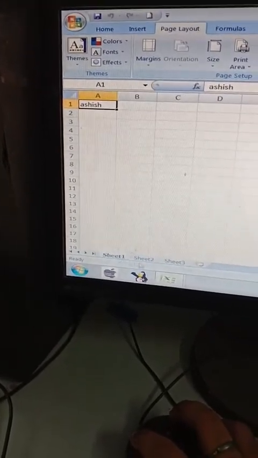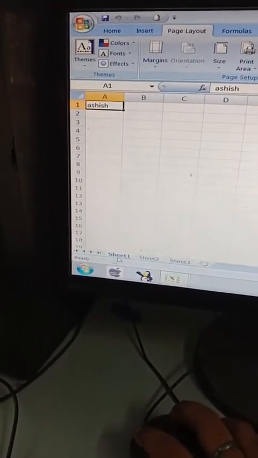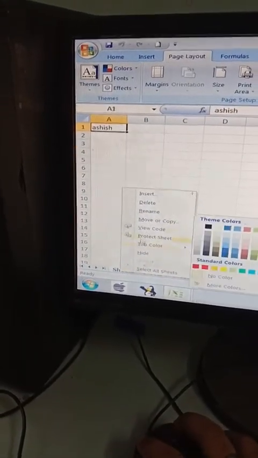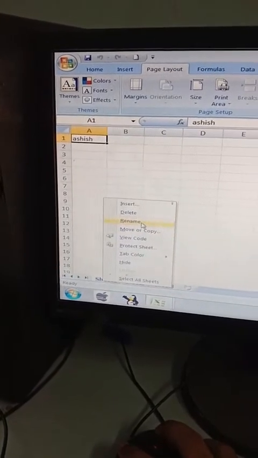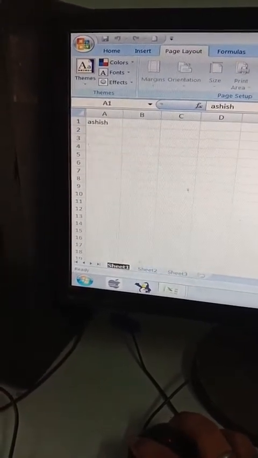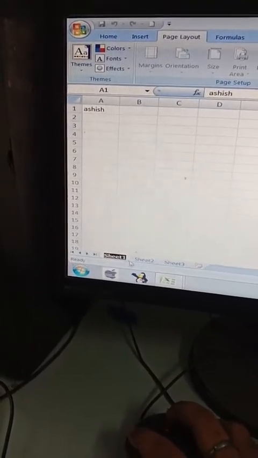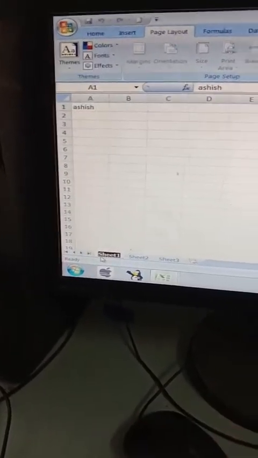The next topic that we are going to discuss is renaming a worksheet. How to rename a worksheet? Suppose the names of my worksheets are Sheet 1, Sheet 2 and Sheet 3. Now if I want to rename a worksheet, how will I do this? Just right click over here. As soon as you click, we will have the option of Rename. As soon as I left click on Rename, look, Sheet 1 is highlighted with a background. So now whatever name you want, you can type it here.